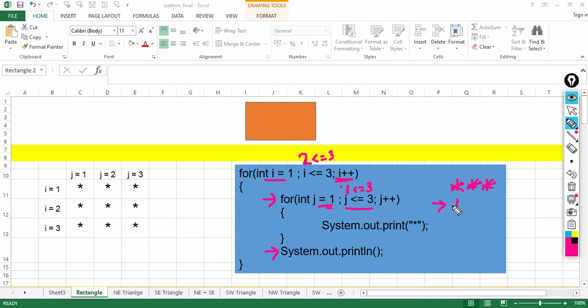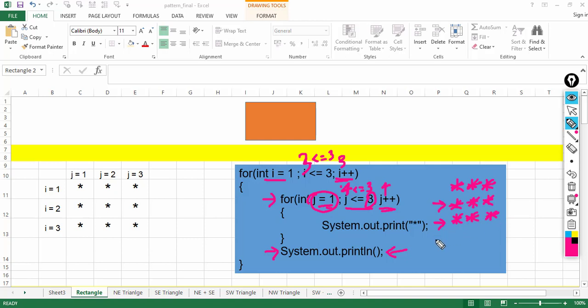So 3 times the loop will run, and each time it will print a single star. Now j will become 4, control will come to the condition part, 4 less than equal to 3, condition becomes false. Control comes to this line, cursor moves to the next line, i now becomes 3, so the condition here is 3 less than equal to 3, control comes inside again. So j will start from 1 again and go up till 3, that means it will execute 3 times and it will print 3 stars.